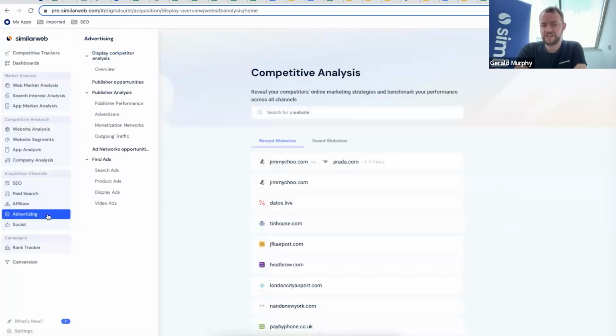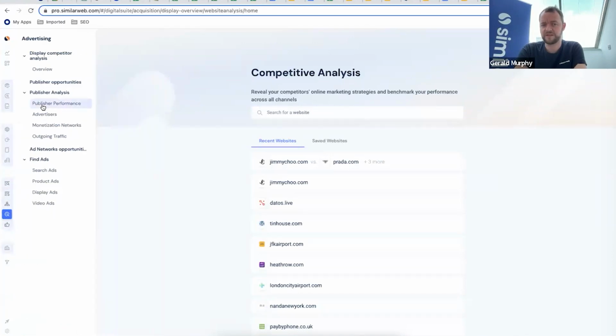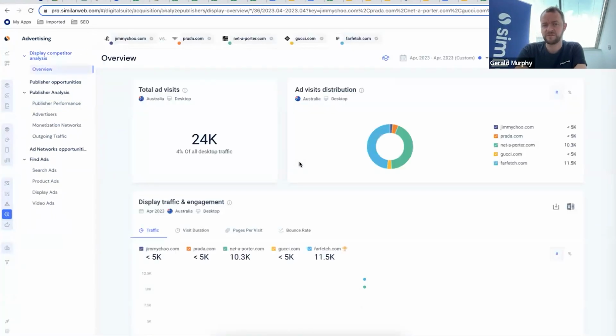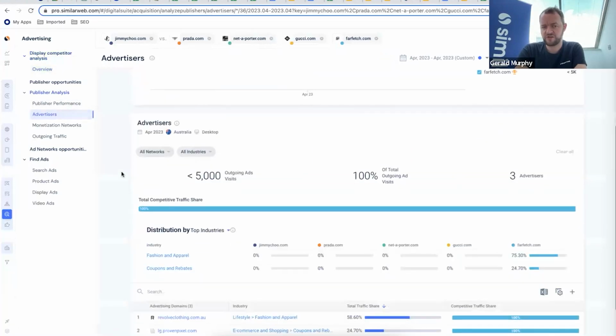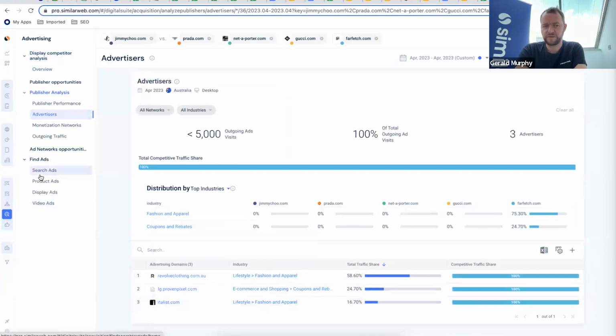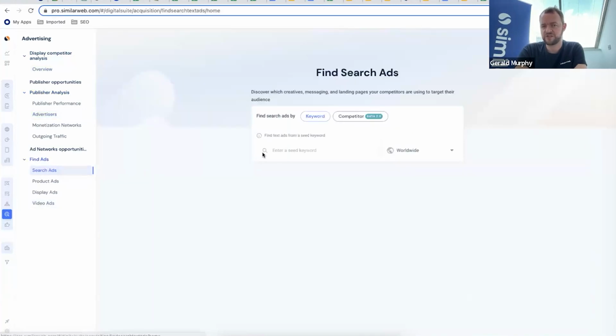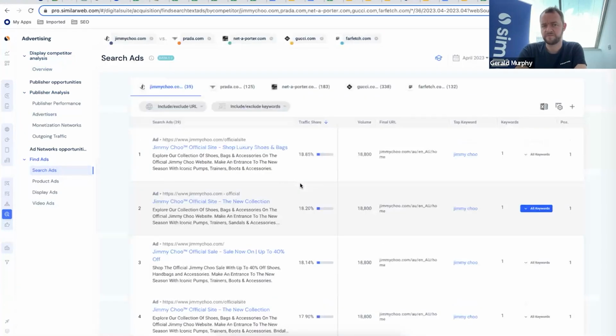We also have advertising, where you're going to get information around, for example, display ads people have been using. And it's going to tell you what those ads are, who the advertisers are, and all of that good stuff. You can even go down and see, for example, the search ads for a given keyword or an actual website itself. It allows you then to see what keywords people are using, what's their ad copy. More importantly, it helps you to very quickly audit your own website to see which ads you actually have a lot of duplication of content and so on for.